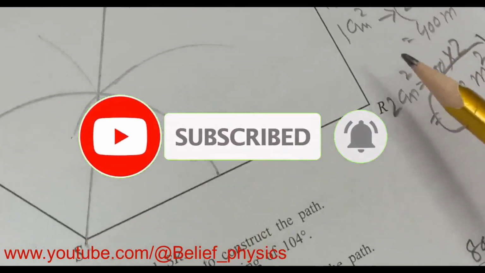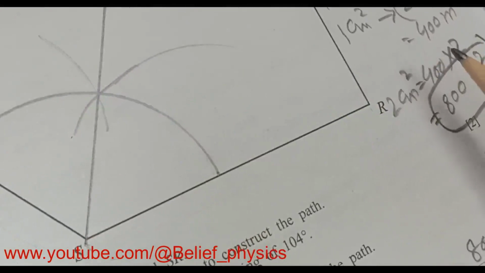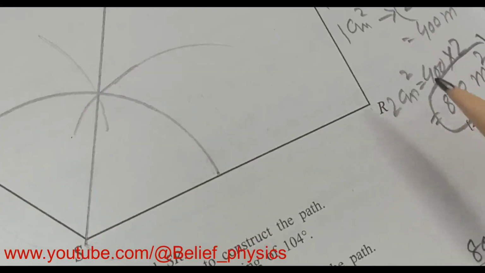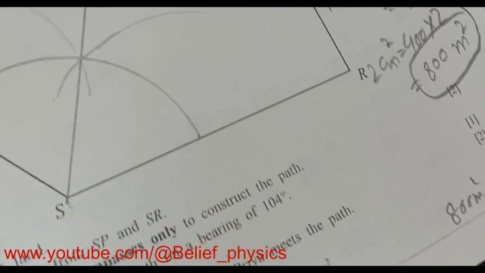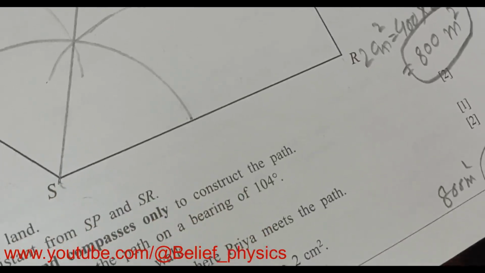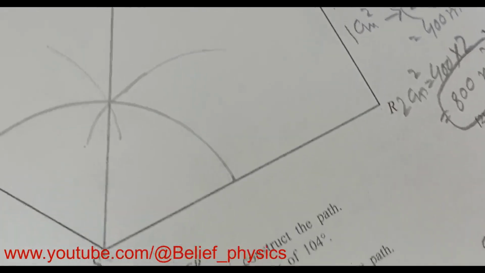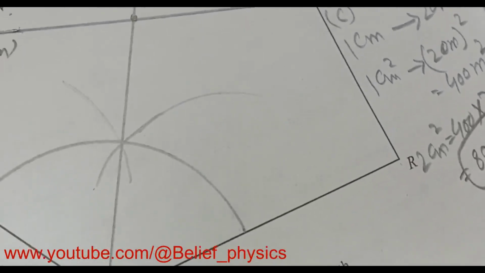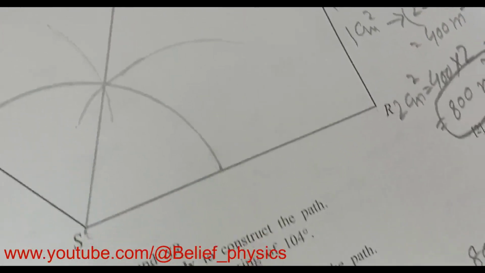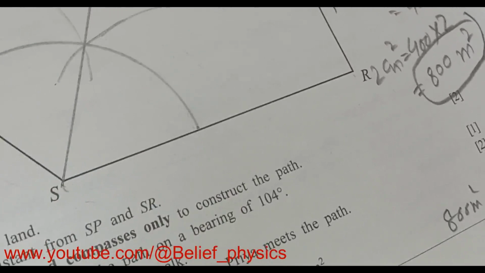So 400. So 1 centimeter square represents 400. 1 centimeter square of scale drawing represents 400 meters square in actual. Therefore 2 centimeter square will represent 800 meters square in actual. And this is the answer of question number C. So this completes our question or problem relating to